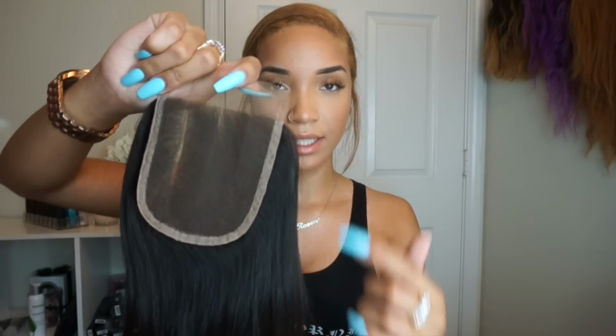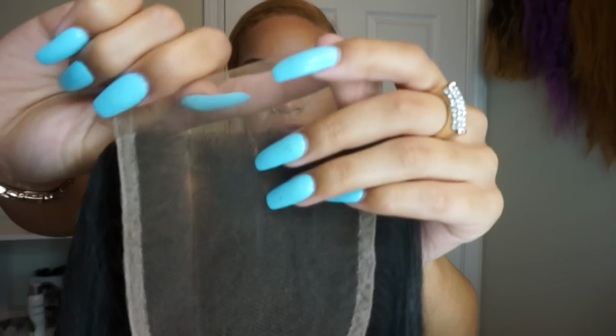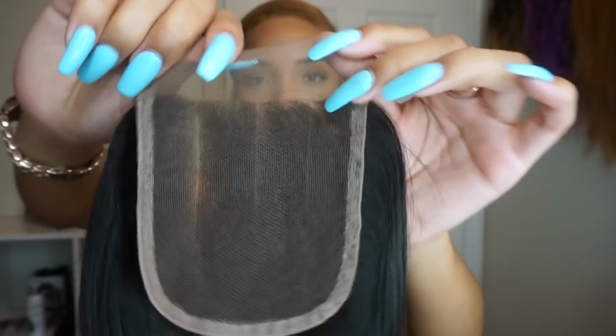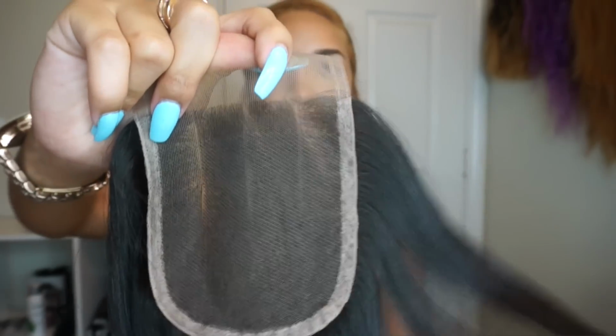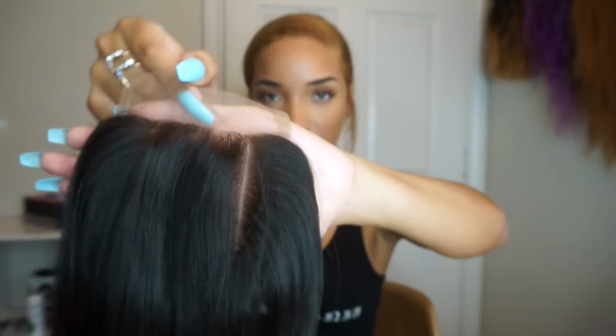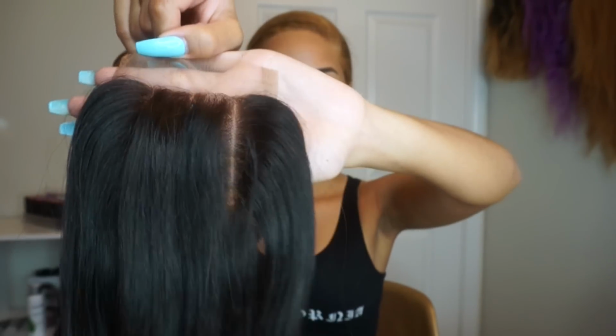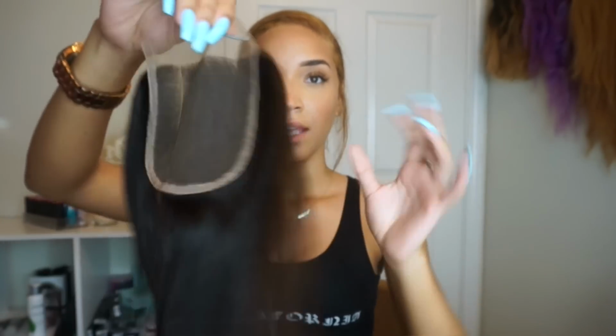So for starters, a closure just looks like this. It is a piece of lace fabric, which is just a netted, transparent, nude colored fabric in which a whole bunch of millions of strands of hair are tied on one by one, and it creates a human-like appearance from the right side, which looks like a part in your hair. And this is the piece that goes on the top front of your hair whenever you do a DIY wig